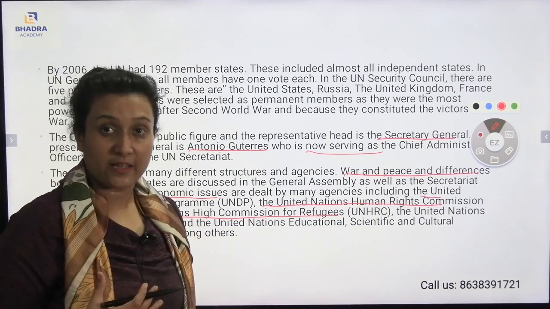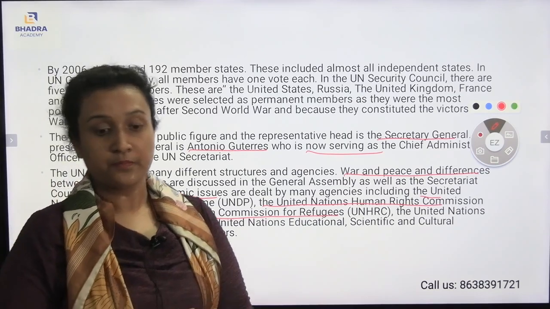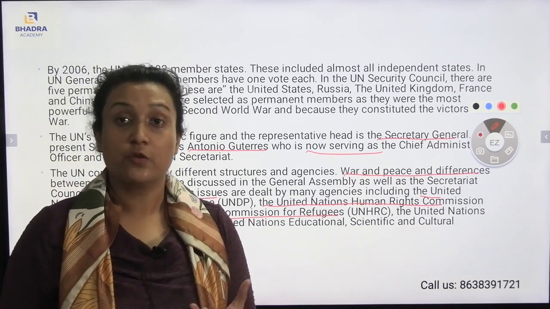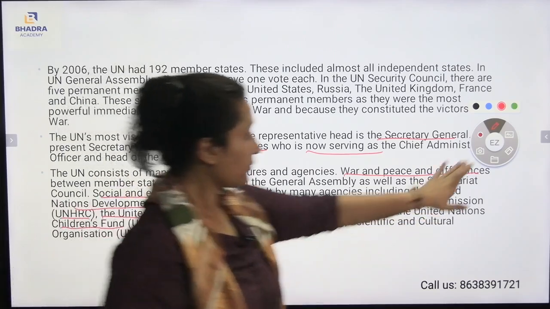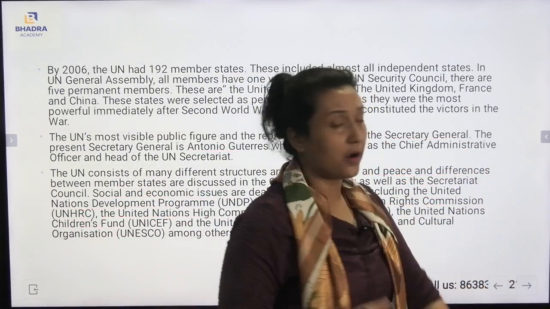These are the important agencies that help in sorting out issues among the member states. I hope you are clear regarding the evolution of the UN,